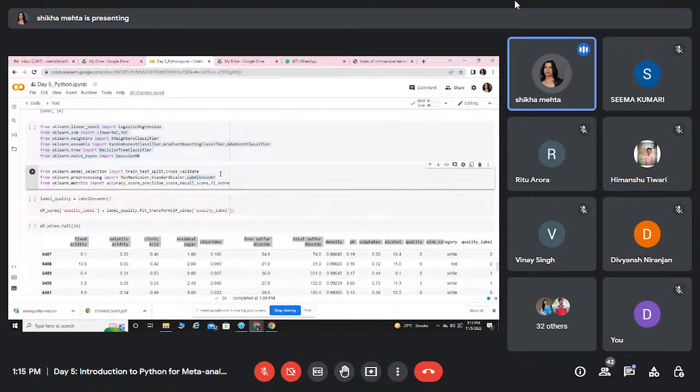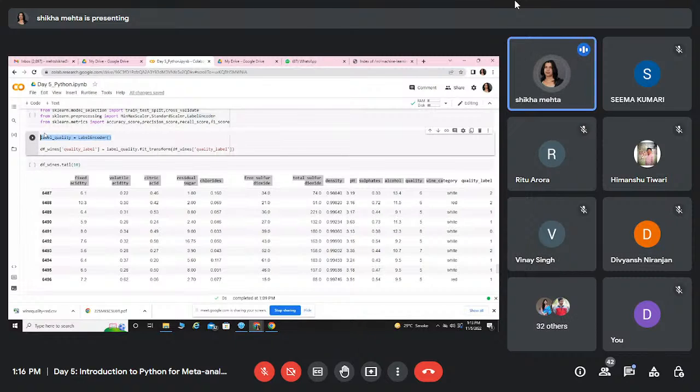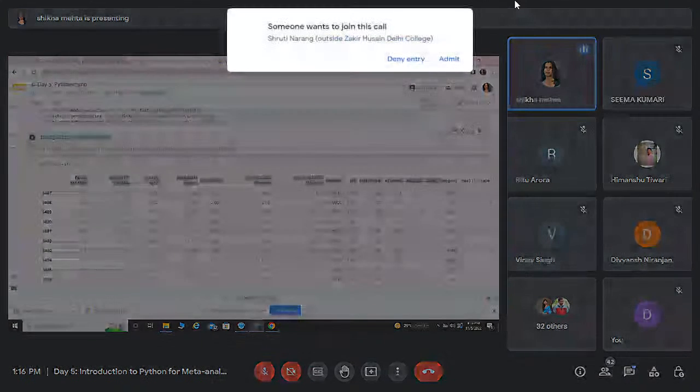Normalization of the data we do using the various methods. So that is what is being done over here. What we are doing is label quality: we are converting the label using the label encoder method, and then we see the quality labels. Now they have been converted. So the label quality dot fit